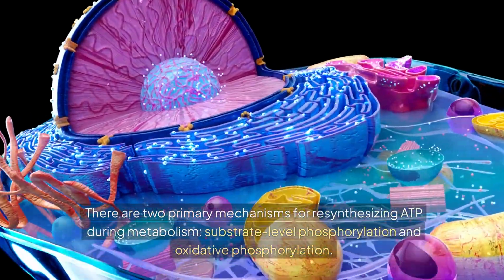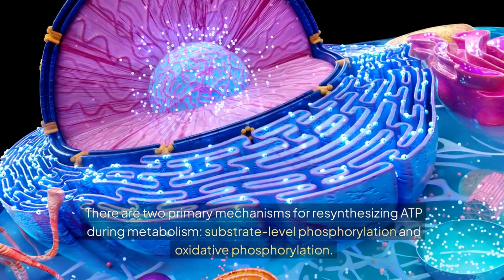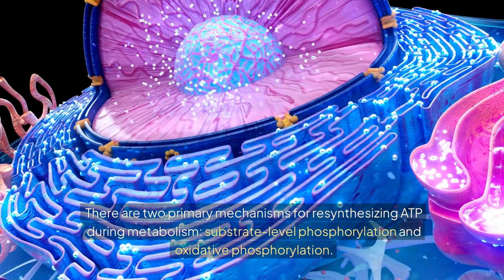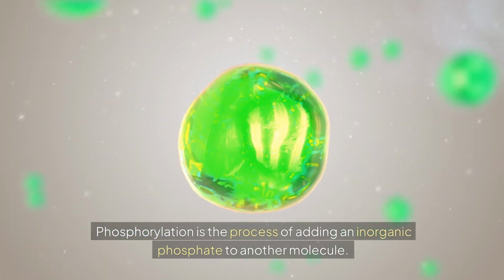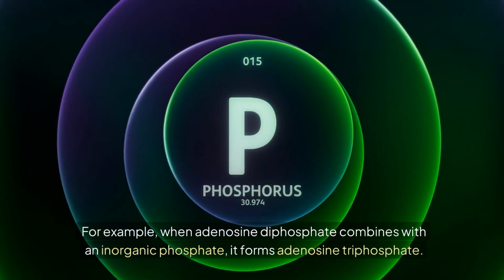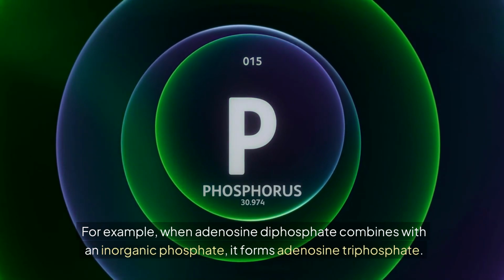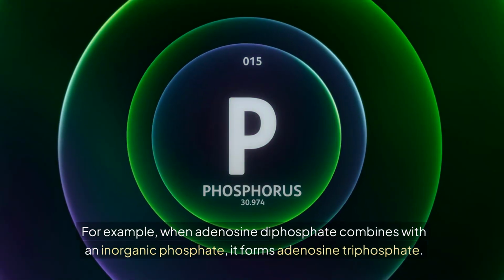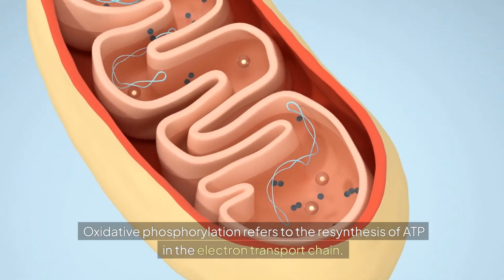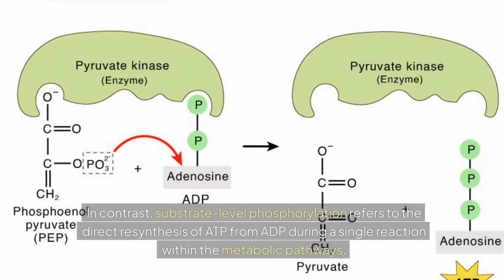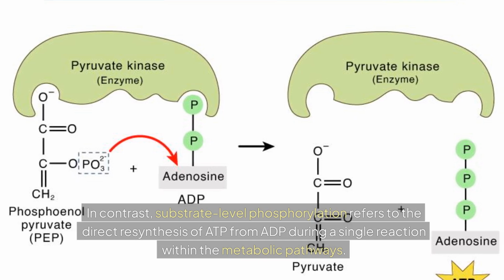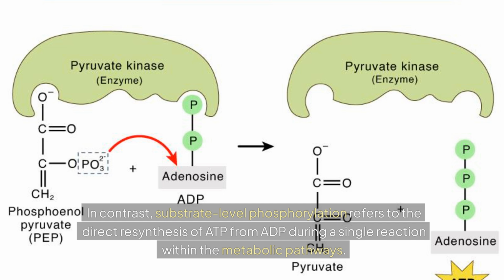There are two primary mechanisms for resynthesizing ATP during metabolism: substrate level phosphorylation and oxidative phosphorylation. Phosphorylation is the process of adding an inorganic phosphate to another molecule. For example, when adenosine diphosphate combines with an inorganic phosphate, it forms adenosine triphosphate. Oxidative phosphorylation refers to the resynthesis of ATP in the electron transport chain. In contrast, substrate level phosphorylation refers to the direct resynthesis of ATP from ADP during a single reaction within the